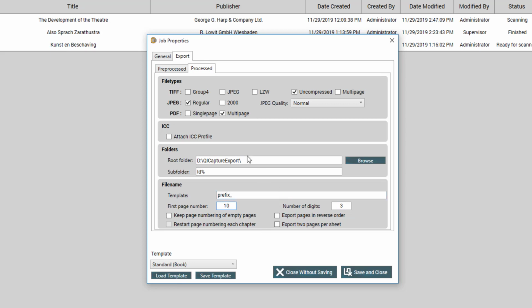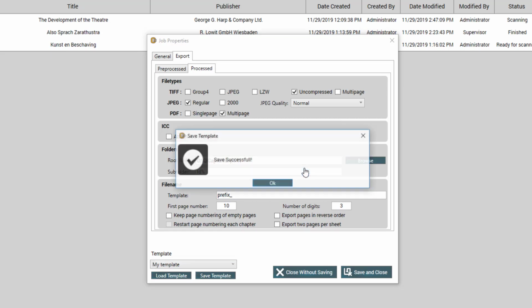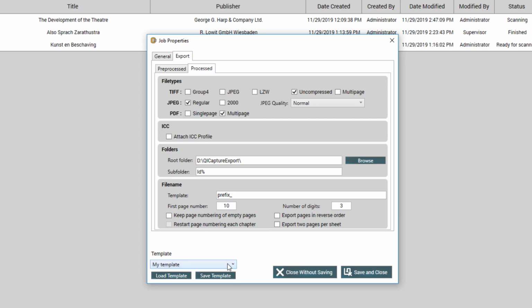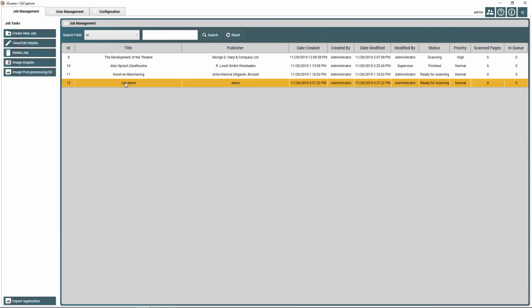Then, if we are fine with the job settings, we can save and close, or we can save the job for future use as a template. Save. So we have added here our job as a template for the future. In the next part,